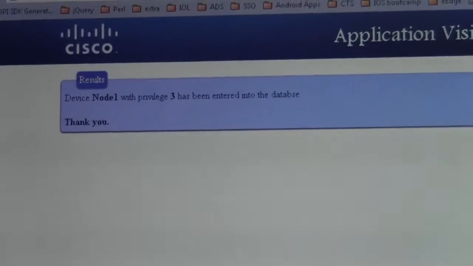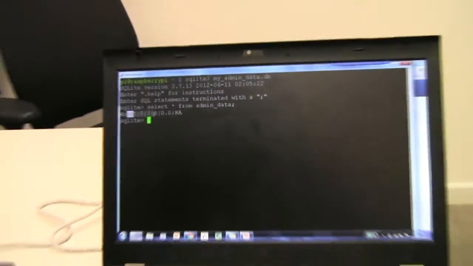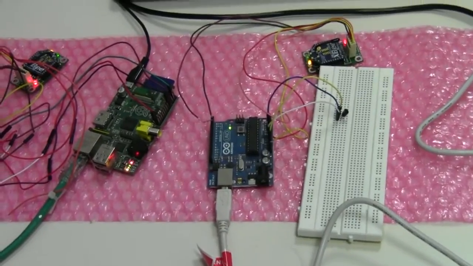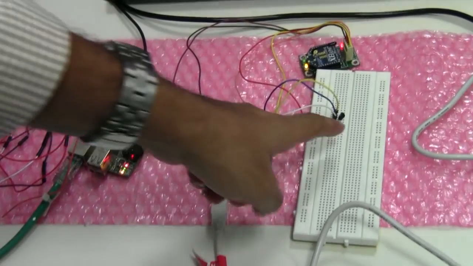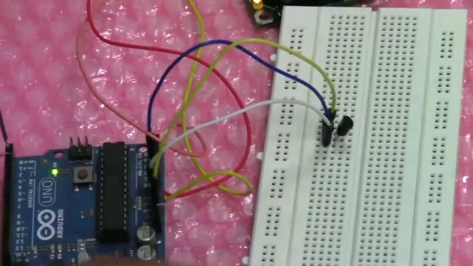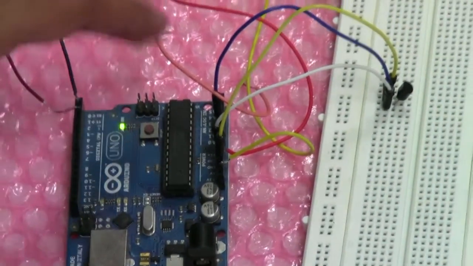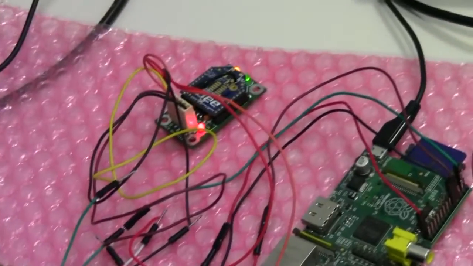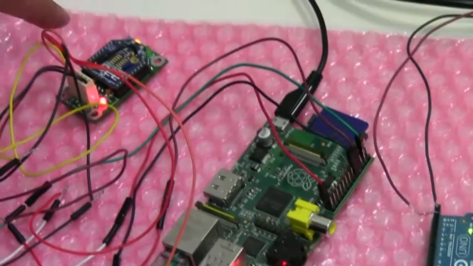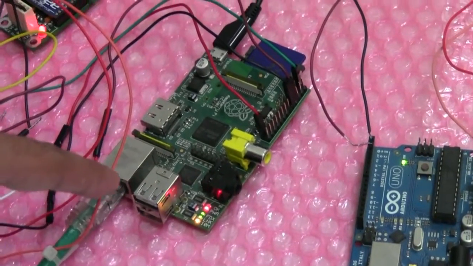Once the administrator provisions the device, we can see the device being added in the database on the Raspberry Pi. This shows the actual demo. This is the LM35 temperature sensor that is connected to the Arduino here. It senses the temperature data and sends it over the XBee, which is connected here, all the way to the Raspberry Pi. The Raspberry Pi has an XBee module which receives the temperature data wirelessly and saves the data into